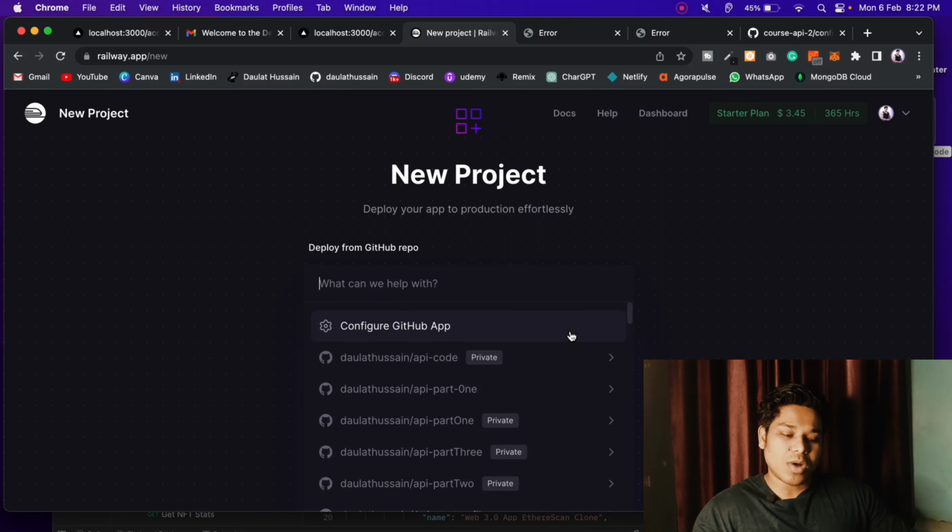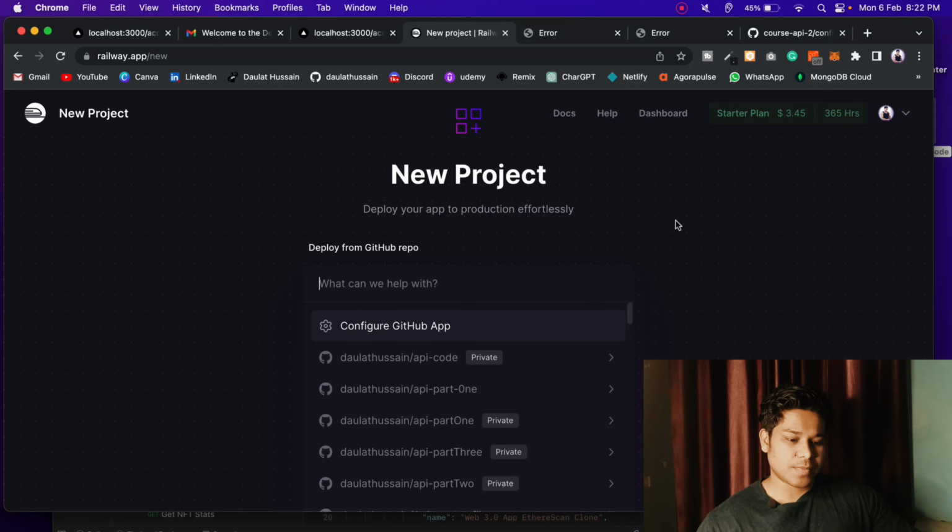So all you have to do is upload the entire code to GitHub. Make sure to remove the node modules, the .env files, your environment variables from the GitHub repo. Don't upload them there because these are private things. And you don't need to push node modules because this is automatically going to be initialized based on whatever you have